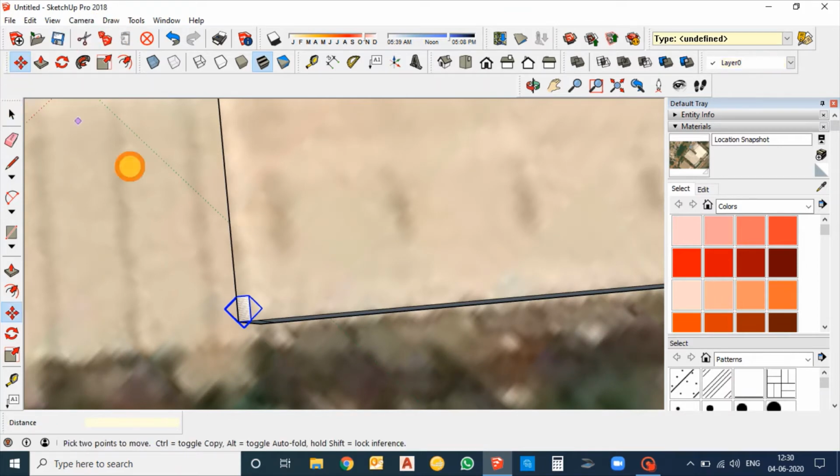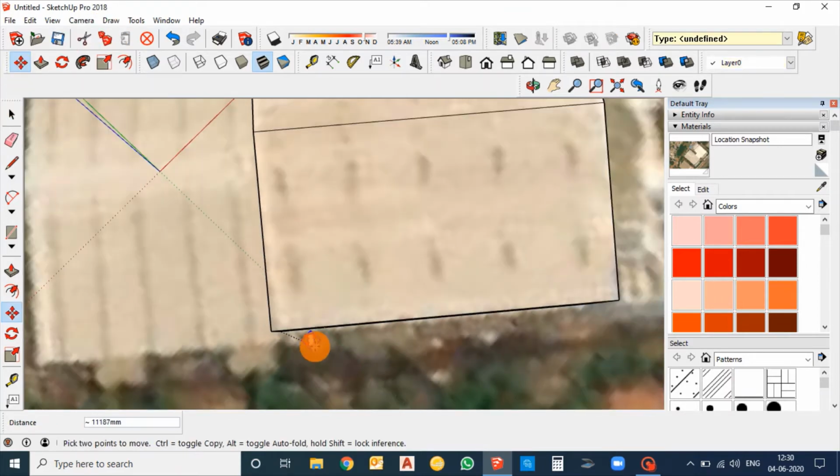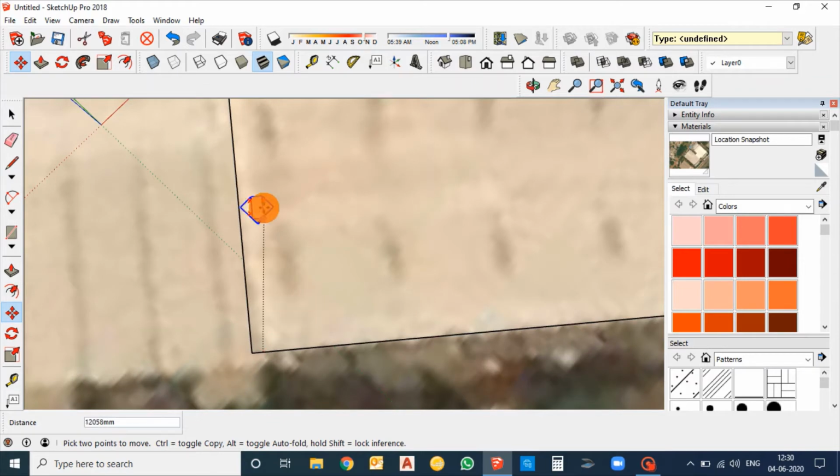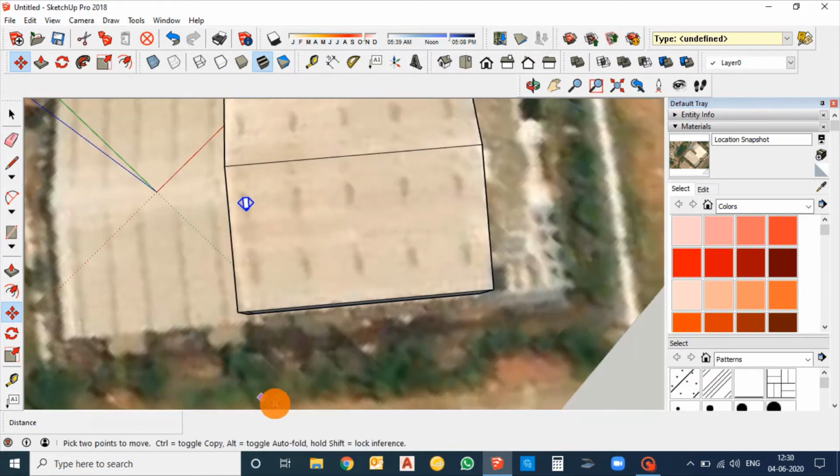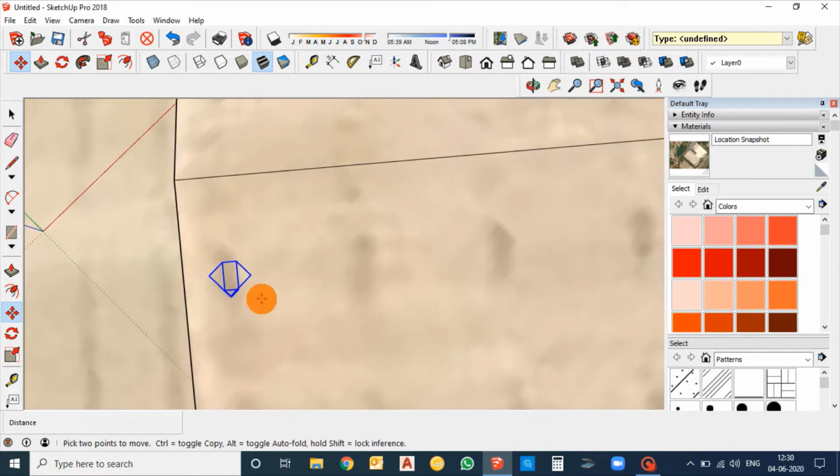Now just move it using M or with the icon you have available. Just place it where the polycarbonate sheet is available.